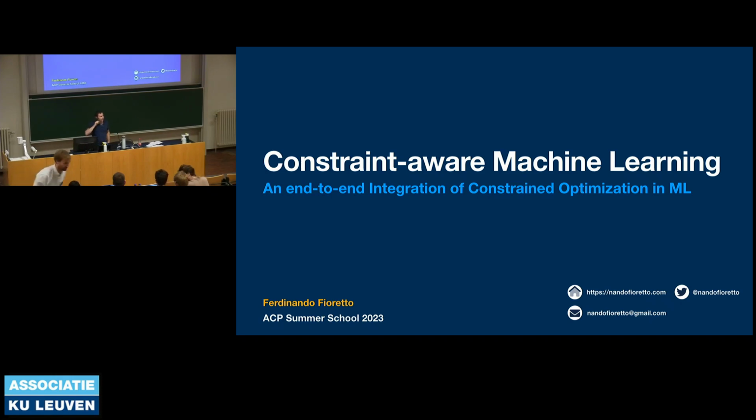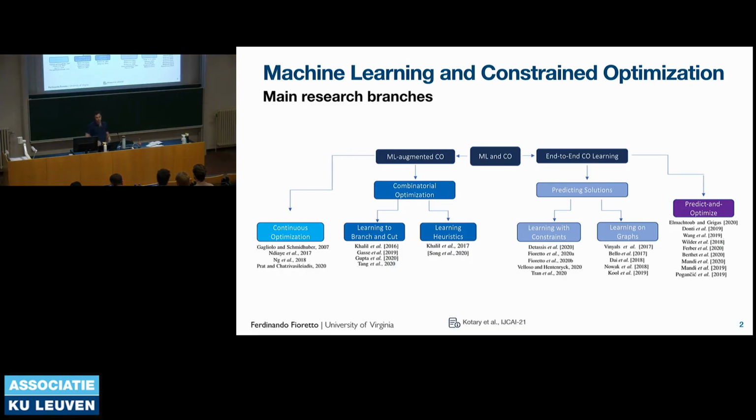Today I want to talk a little bit about this nice intersection between machine learning and constraint optimization. And really, it's going to be a biased presentation because I'm going to inject a lot of things that we have done in my lab. But you're going to see the theme, which is going to be based on this survey, now a couple of years old, that we've written with the teams of my lab members.